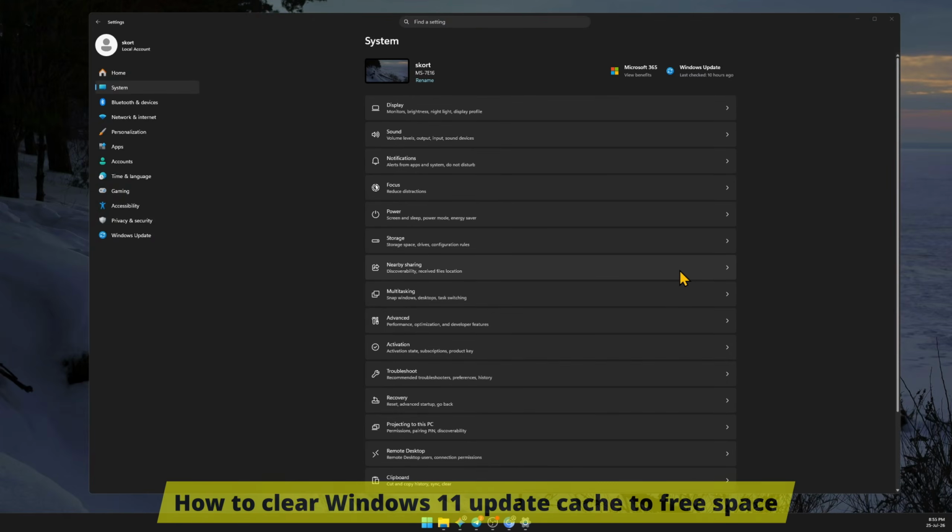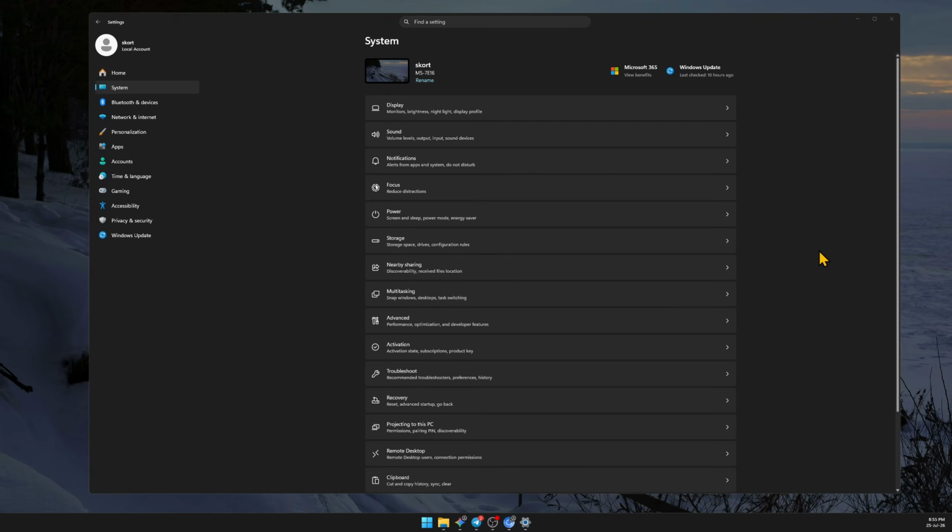Hey guys, and welcome. In this one I'm showing you quickly and easily how to clear the Windows 11 update cache to free space. So let us begin from the very straightforward method, which is from the